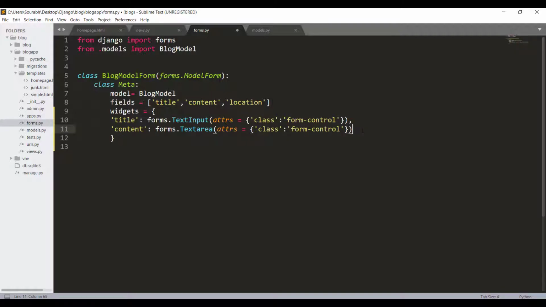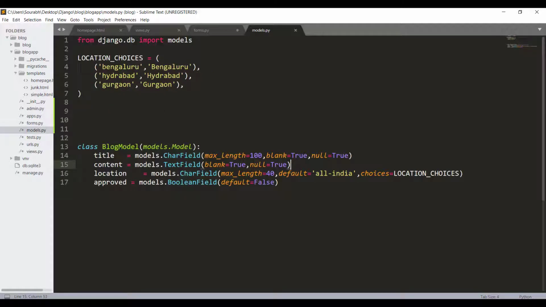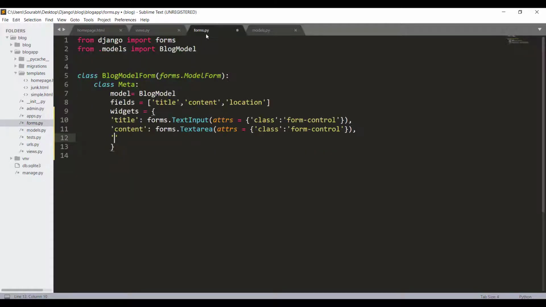The last one is our location field, which is a choice field. So we write forms.Select, and it will again have the same parameters.